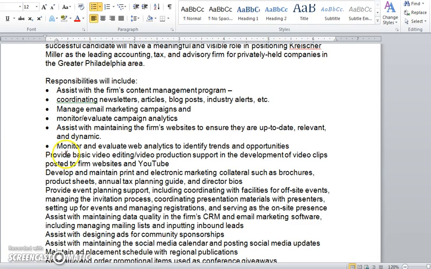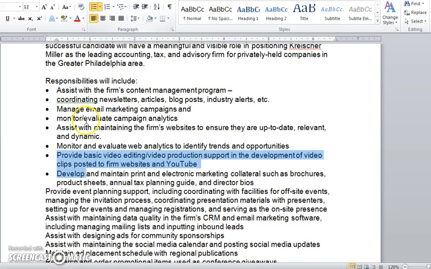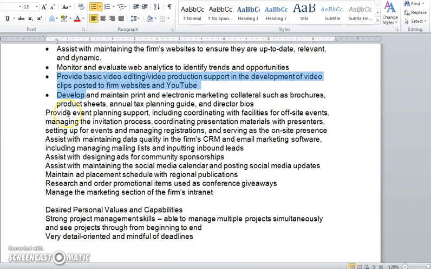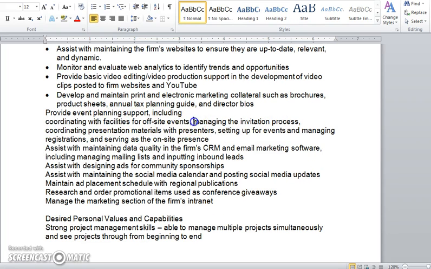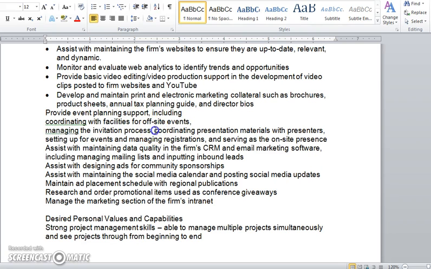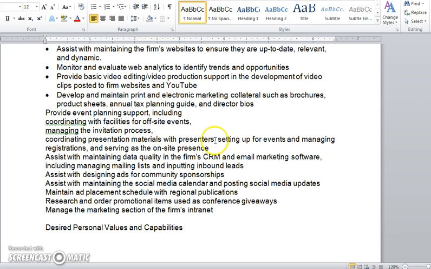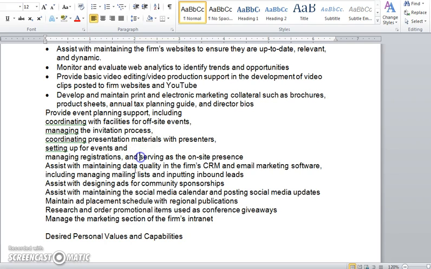So provide basic video editing, develop and maintain. There's nothing there I would see breaking down. Now you might do it a little differently, but you're starting to get the idea here. Now here, provide event planning support, including, I'm going to break this down, including what? Coordinating with facilities, managing, see I'm looking for those verbs, coordinating again, setting up for events, managing registrations, serving as